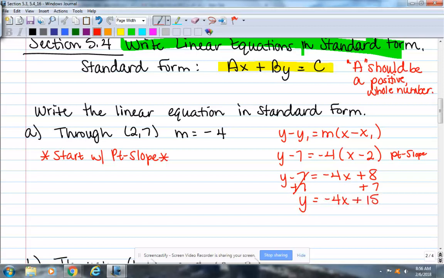Now what does this look like? Now it's in slope-intercept form. Yeah. Now it didn't ask us to put it in slope-intercept form, but it's just one step in our process. Okay? So if I wanted the equation of a line in slope-intercept form, can I go from point slope to slope-intercept form by distributing and combining like terms? Yeah. Okay? So this is a good way for us to just show how we can go from one form